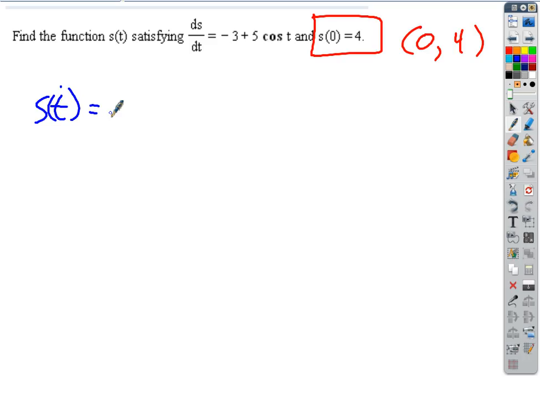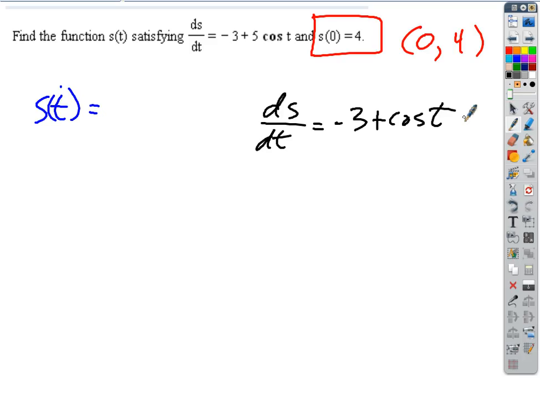Now I want you to notice here, there's a lot of stuff that kind of comes together and is consistent. The variable of differentiation is dt. So technically, if we wanted to solve this algebraically, let's take a quick look. You won't always have to do it this way, but I want you to see how it works. If I took this differential equation, ds/dt equals -3 plus cosine t, and I really wanted to go through the algebraic steps of reversing this and solving the differential equation,